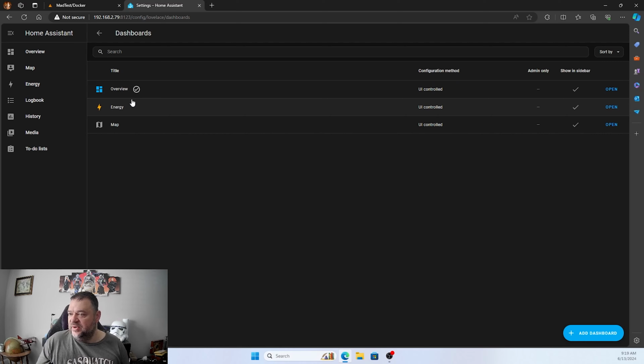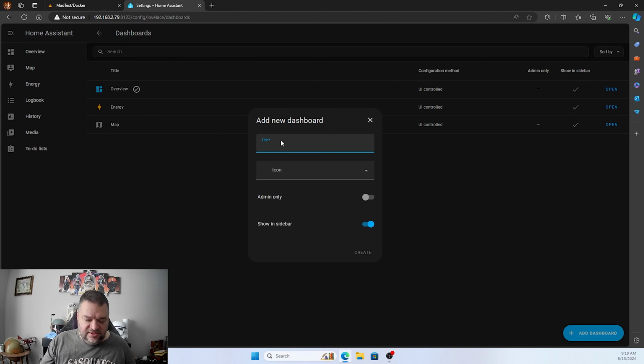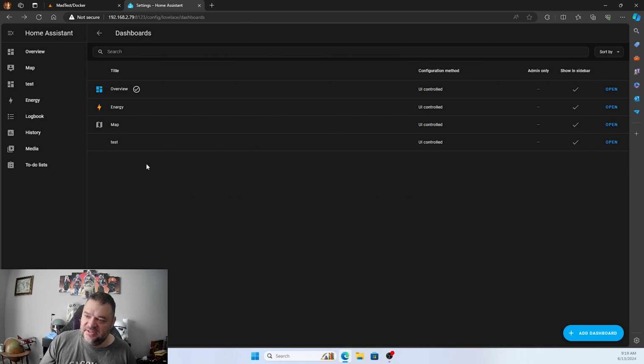Or what I could do is add a dashboard and a new dashboard from scratch, and then just name this my test dashboard, and then I can change an icon if I want. I'm not going to for this one, and I'm just going to hit create, and now I have a test dashboard right there. So if I go over here and hit open,